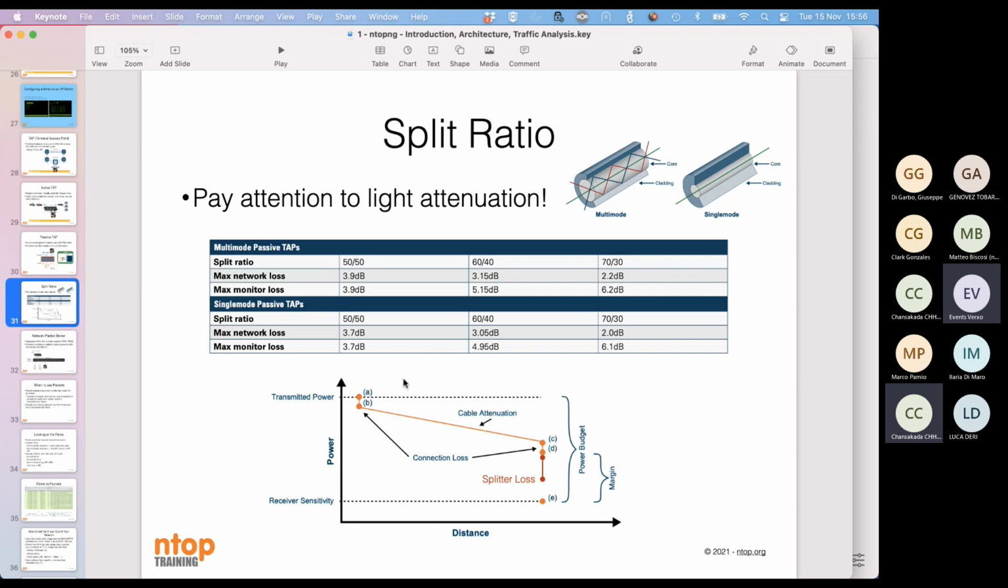In fact, there are different splitters, different tap devices. You can check the specs of the tap, and you can see that there is a split ratio, for instance. There are splitters which are 50-50, 60-40, 70-30, which is the ratio between the signal that goes on the main link and the signal that goes to the monitoring link. So if we want to make sure that the main link doesn't go down, we usually prefer a splitter with a ratio like 60-40,